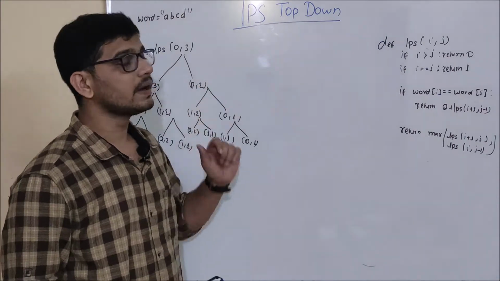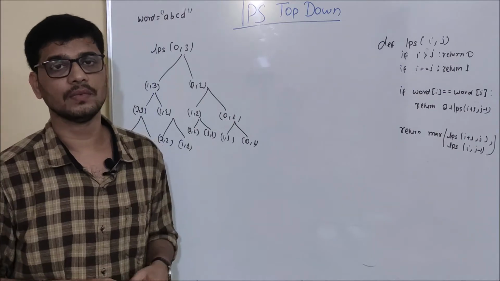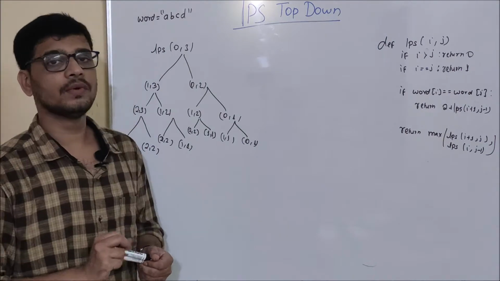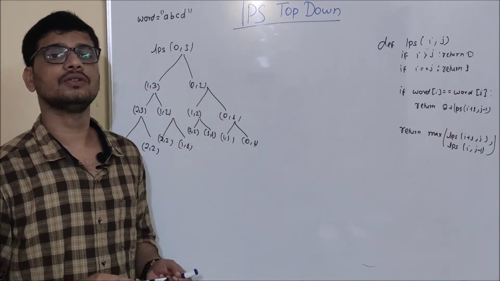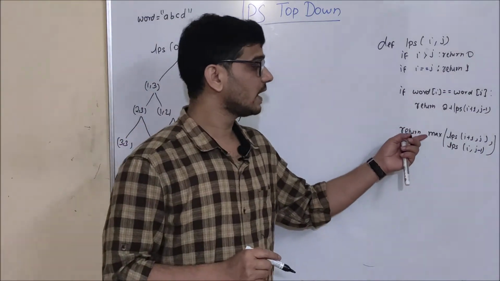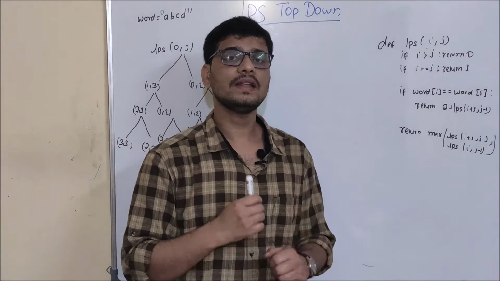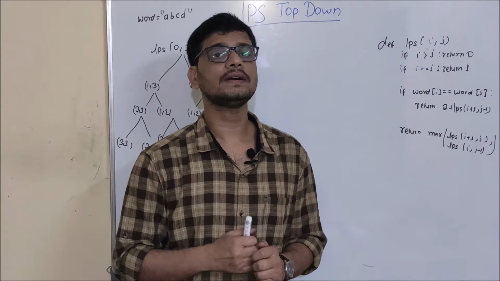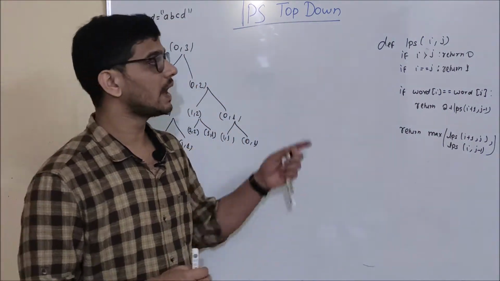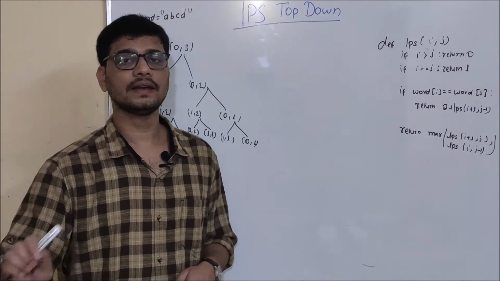And to apply dynamic programming, we have two different approaches. One is top down and another is bottom up. Today we are going to do the top down version. If you remember, in the top down version we are going to use memoization. That is, if I have calculated any value, I am going to store that value in my table so that I don't have to calculate it again, and when the function call comes to calculate that value, we will directly go to the table where we have stored it and take out that value.